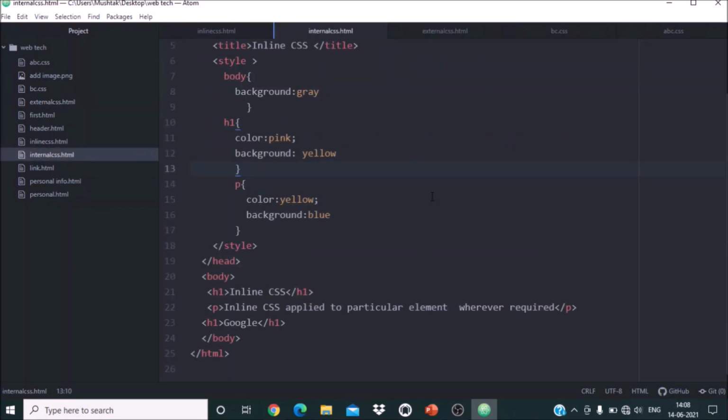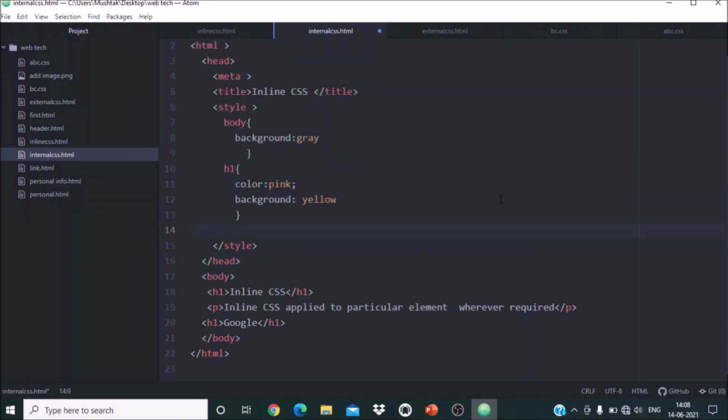Now we'll discuss selectors. So here is the selector as body. Body is one selector where you are selecting a tag as a single selector. Now here is h1 as a selector. So we are selecting a tag as a selector. What happens if you use h1? Both this h1 as well as this heading have the same effect, the same style. To differentiate between them, you can use id.